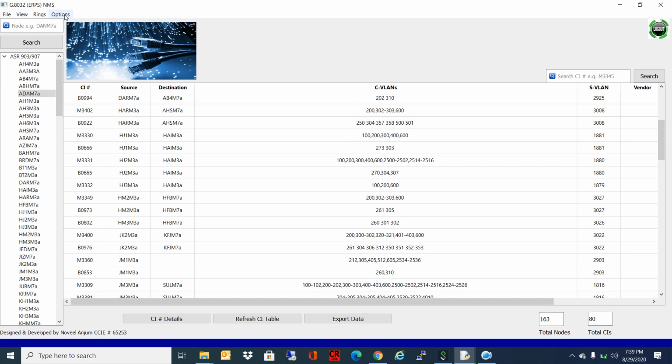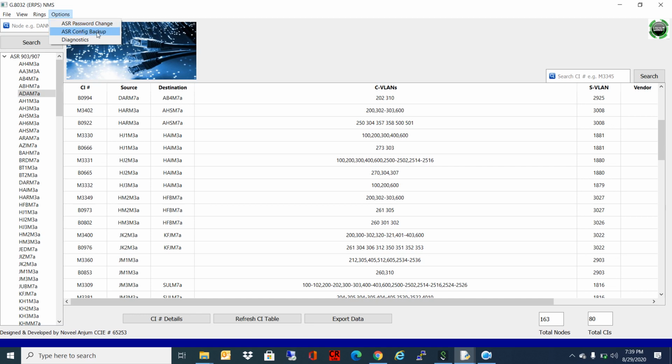Then here in the options I have the ASR password change option. So once we press this button, it will ask for the old password and the new password, and it will change the password for all the devices if it is desired, or it can ask for one device and we can change the password. But this feature is not yet implemented.